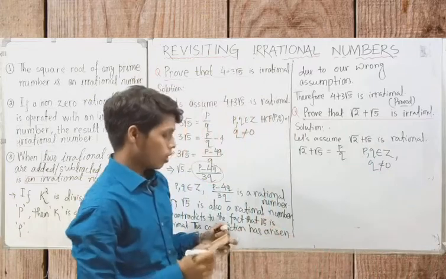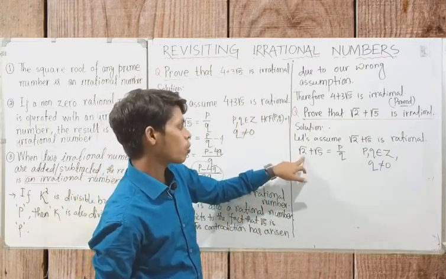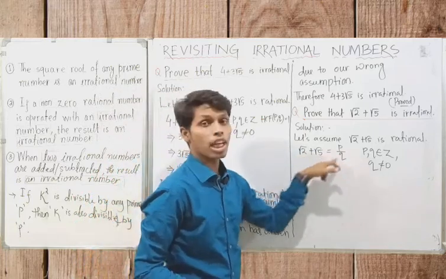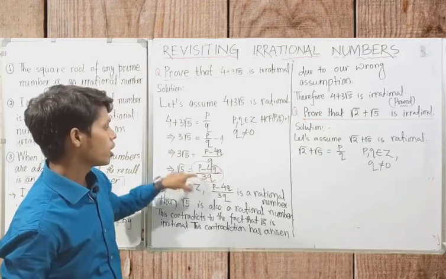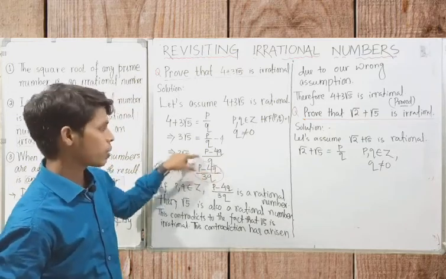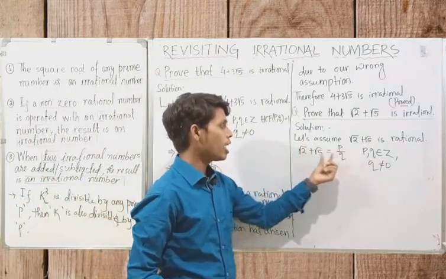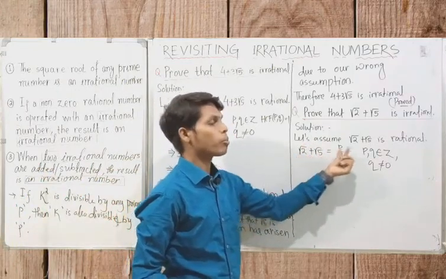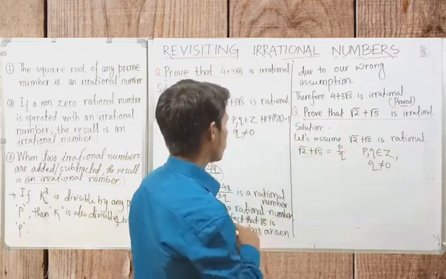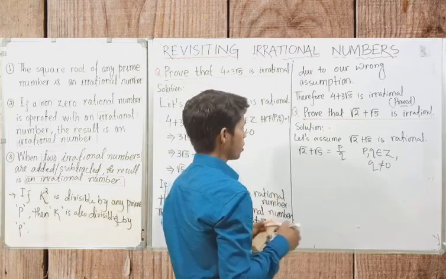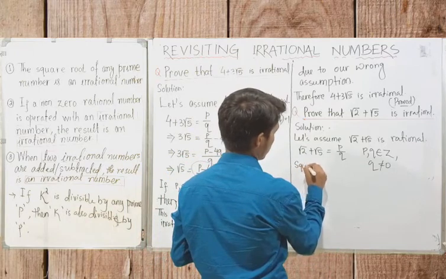Okay, then what will be the problem here? If you find out the value of root 2, then in the expression there will be root 5. Earlier, while finding the value of root 5, there was no irrational number involved in that expression. But here, if you find out the value of root 5, root 2 will be involved on the right hand side. If you find out the value of root 2, then root 5 would be involved on the right hand side. So what you need to do here is follow one more step: you have to square both sides.